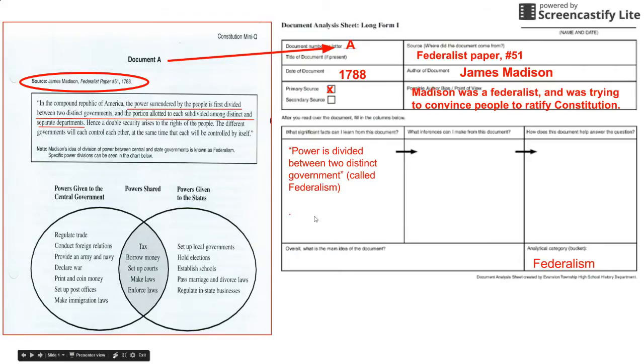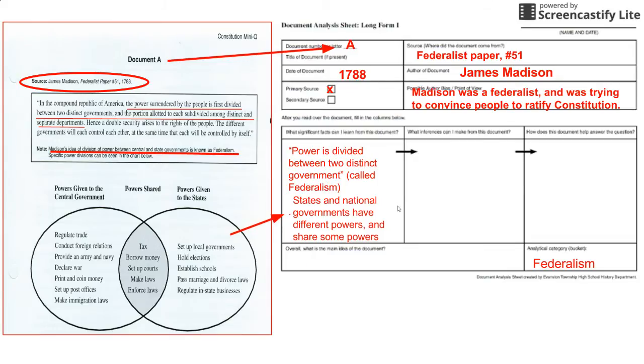Okay, so for my next significant fact, I'm just going to jot down that both the states and national governments have different powers and share some powers. Okay, so now I have 2 items in my significant facts. Keep in mind that there's not a distinct number of facts you need to have for each document. You just need to be writing down all the facts that are important to answer your question. So these are the only 2 that I need to answer my question from this document. So that's why I only have 2. If you need 3 or 4 or maybe even 5, then write down as many facts as you need to